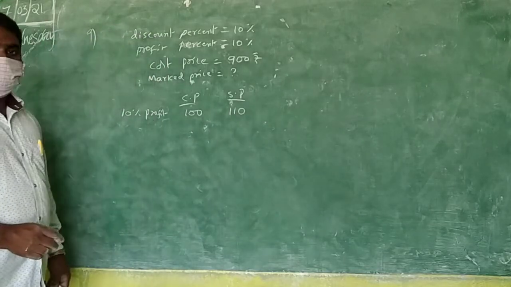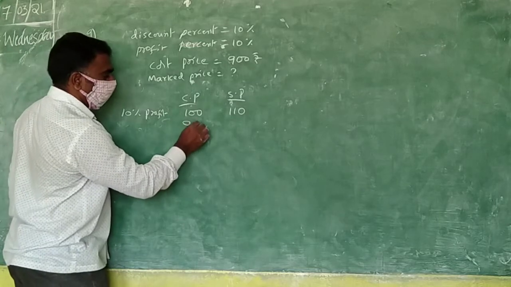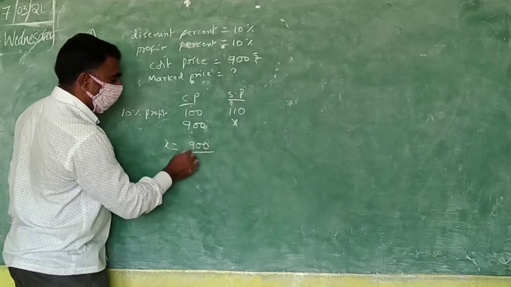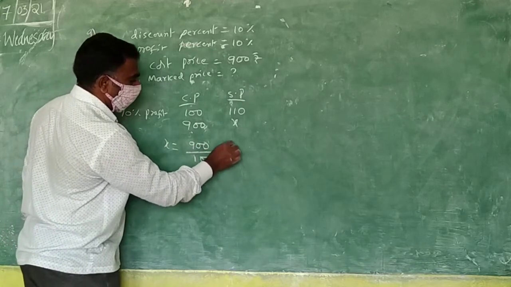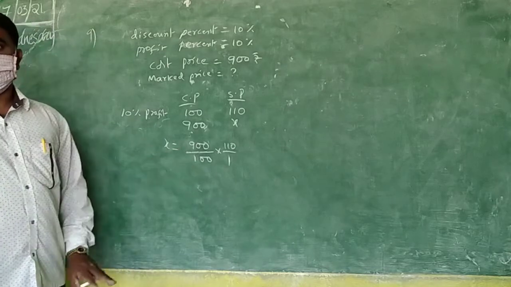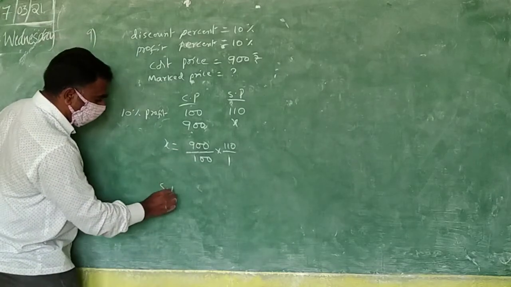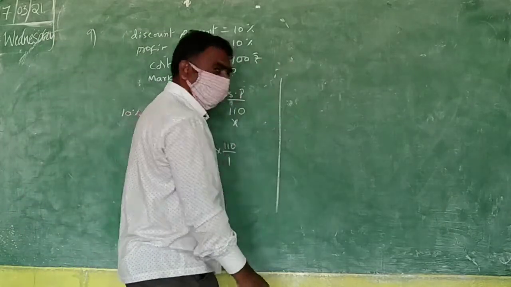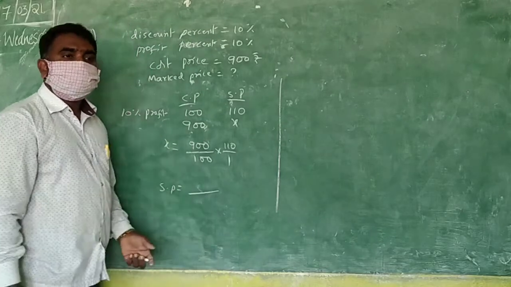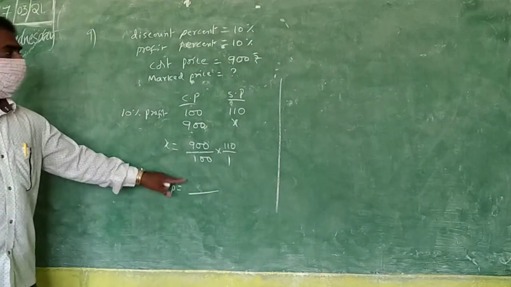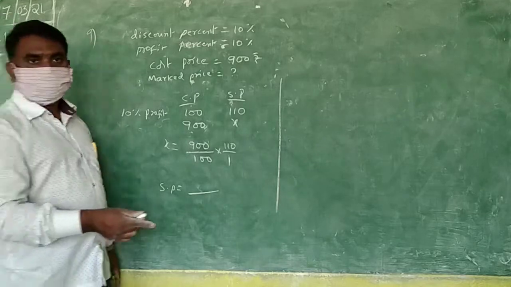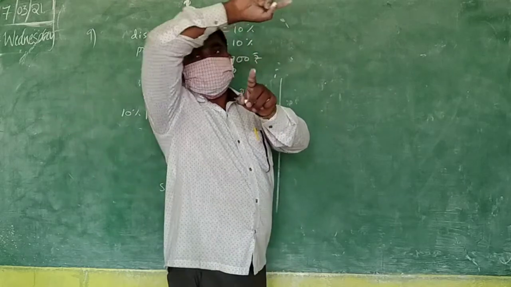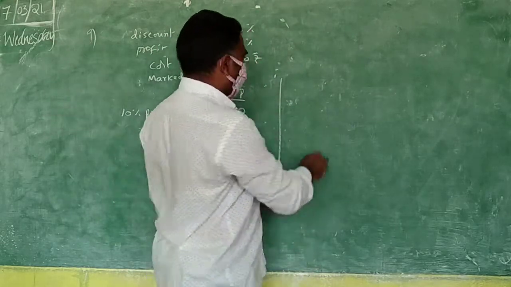Now what do you know? CP you know. How much is CP? 500. So you can calculate, and by using it you will get SP. Next step, what heading will you take? MP and SP. We will take MP first in order: CP, MP, SP. CP-SP you can use, MP-SP you can use. So that's what you will use.